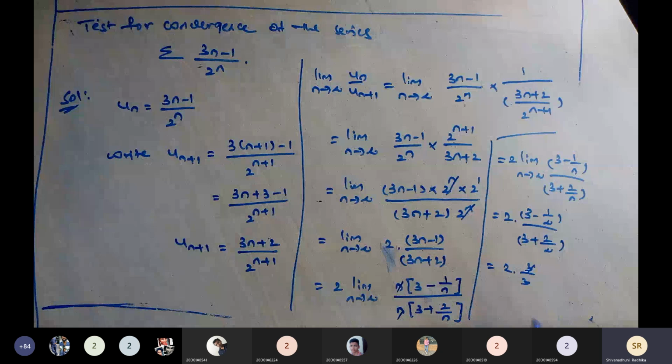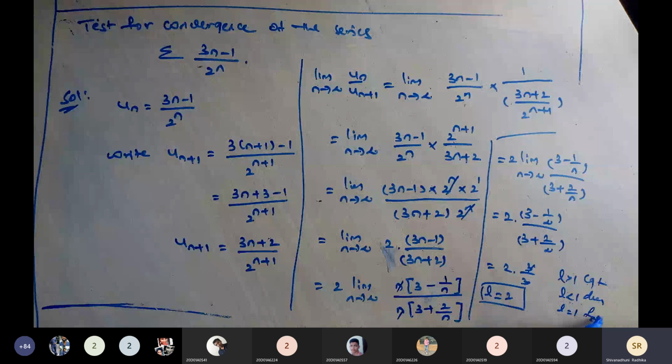Now, by using the D'Alembert test ratio, what is the L value? 2. What is the condition? L greater than 1 convergent, L less than 1 divergent, L equals to 1 test fails. It is clear? L equals to 2 is which case among the 3 conditions? L equals to 2, compare with 1. This is the bigger value. Now L equals to 2 is greater than 1. This is a convergent problem. Right? L equals to 2 is greater than 1, convergent by D'Alembert's test. It is clear, all of you? Doubts?